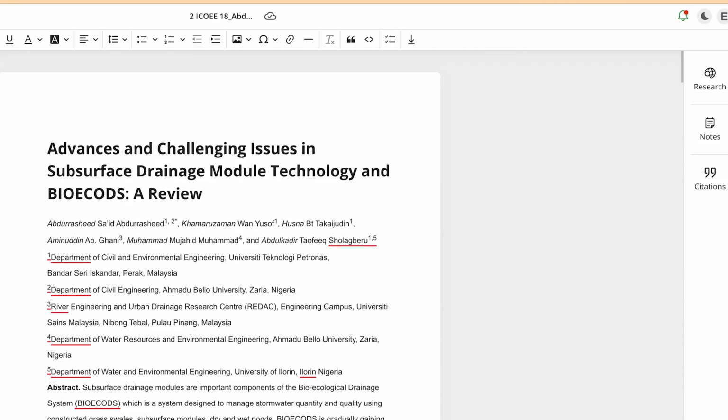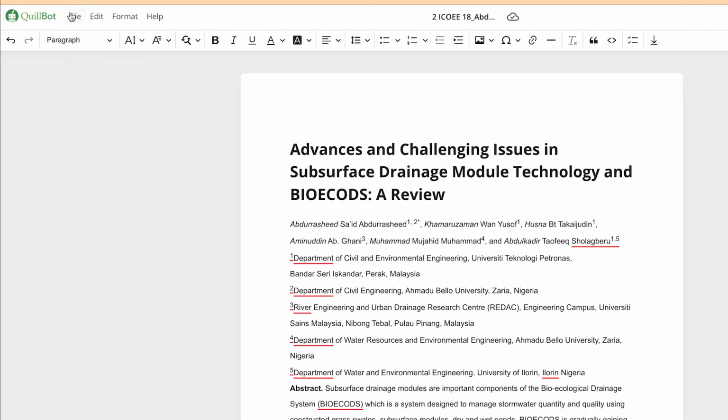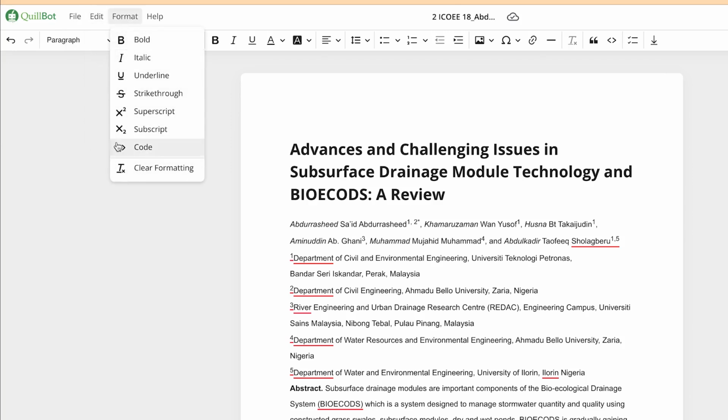You can also come to this. Okay, so you can come to the file option over here and check out different kinds of options. If you want to create a new document, or if you want to open an existing project, or you can export also from here, or you can print in different formats also from here. You can check out the edit feature, and you have the very basic editing features over here. Formats you can check, you can just check everything from here, and many more things.